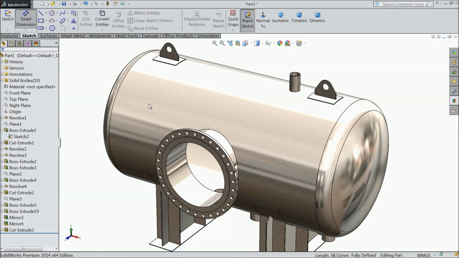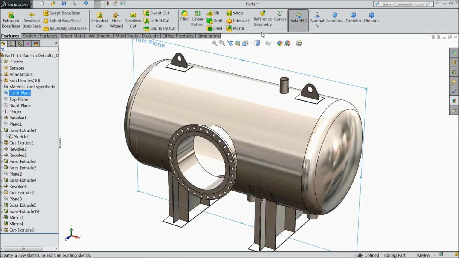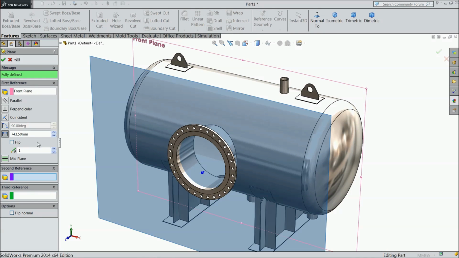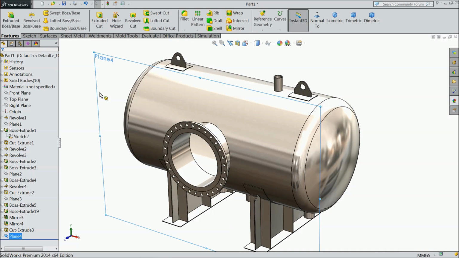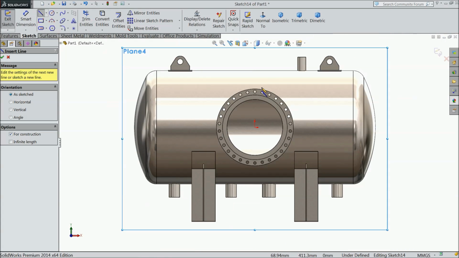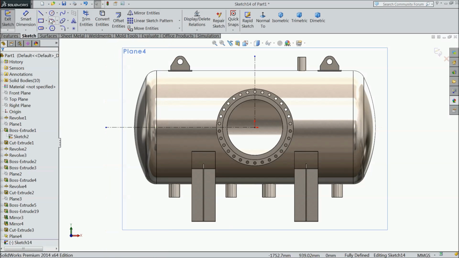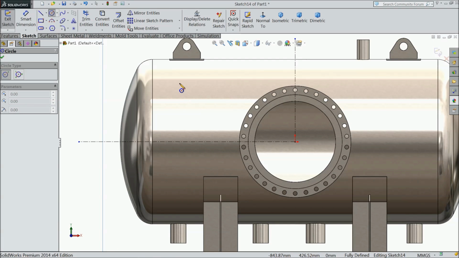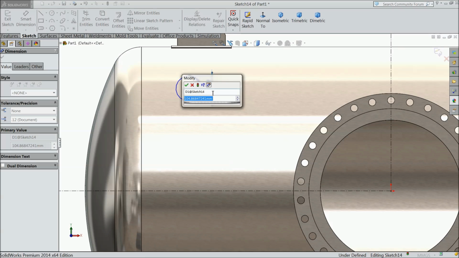Now here we will make some holes for gauges or pressure gauge, there are many gauges in a pressure vessel. So choose front plane and create one geometry just beyond the 650 mm. Okay, select this plane, sketch normal, draw a vertical and horizontal line, select line, draw a line here, select 40 mm,